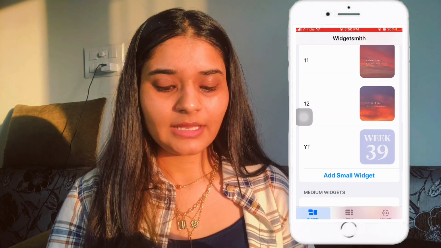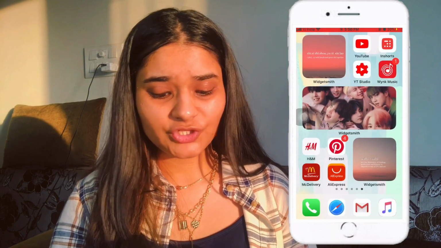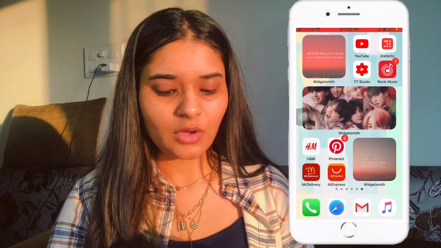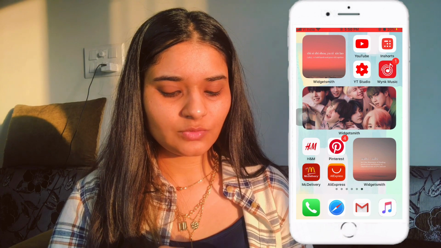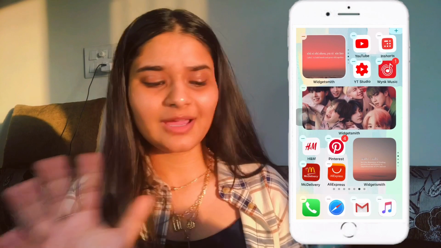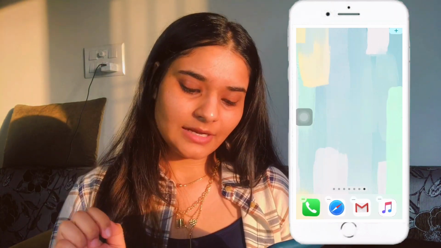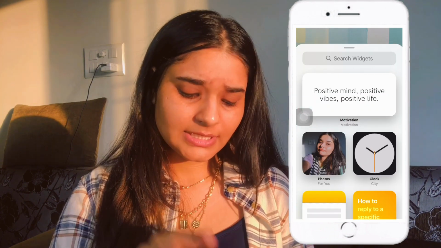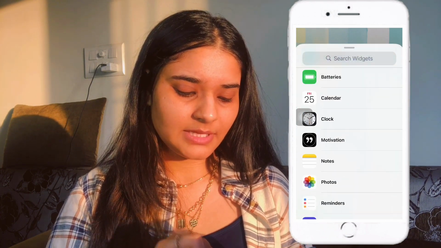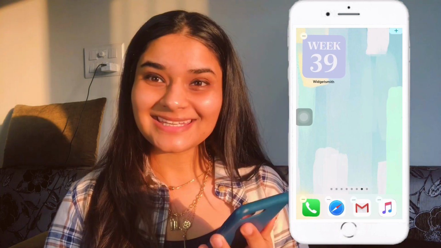Okay, now I'm gonna go to the jiggle mode. Long press on the screen to get into jiggle mode. Edit home screen, we have come to the jiggle mode. Then we go to the next screen, add a widget. We find Widgetsmith here. We add a small widget, and here also if you want to change the widget, so